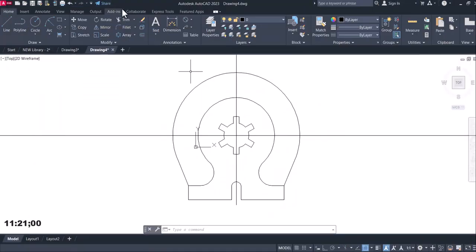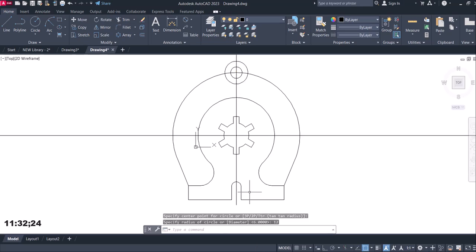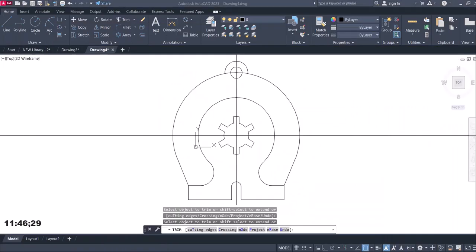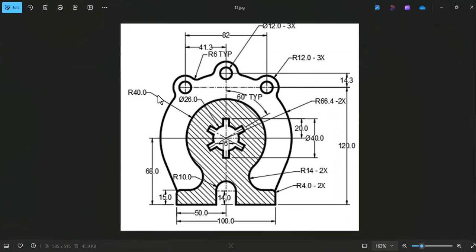So two circles. Circle radius 6, another circle radius 12. Okay, I've been able to have that. Then I need to trim off portions of the bigger one. Trim. Okay, so now I need two other profiles of this, and I'm told that one of these is at